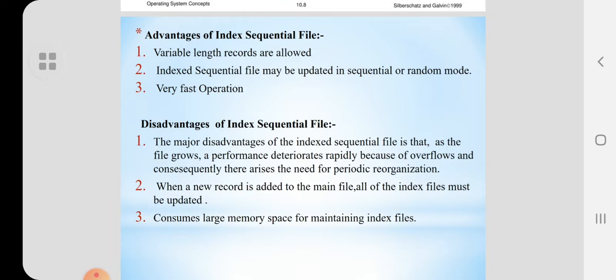The third form of file organization scheme that supports these features is known as the indexed file. In the indexed file access method, multiple indexes are maintained, one for each field of a record. Records are searched only through these indexes.